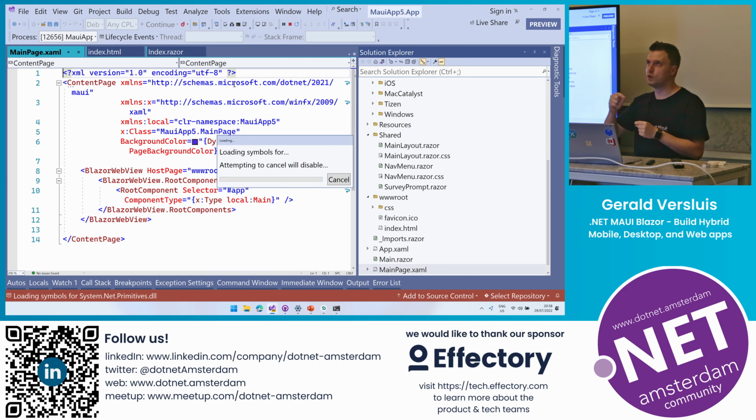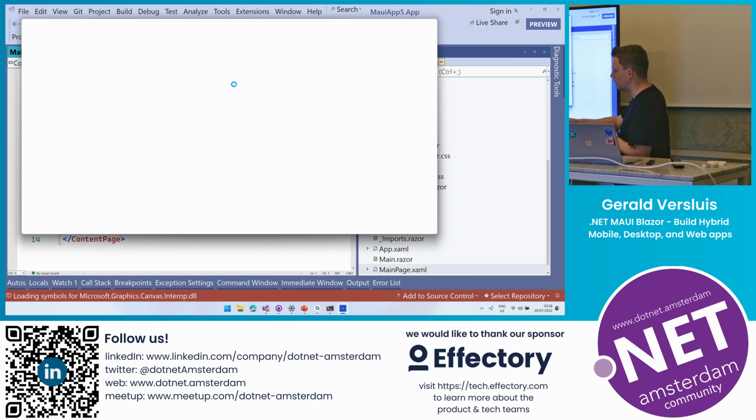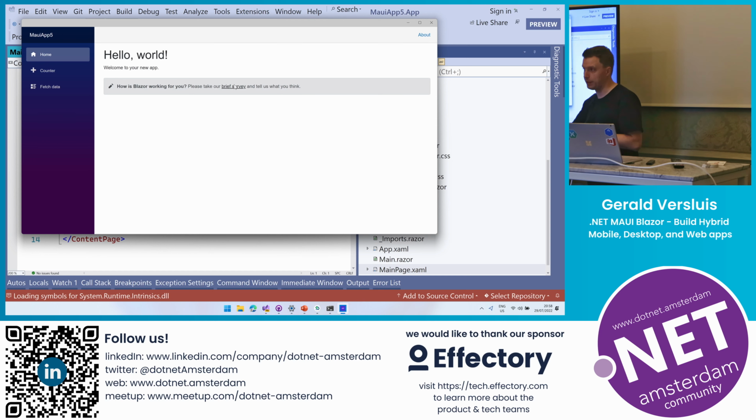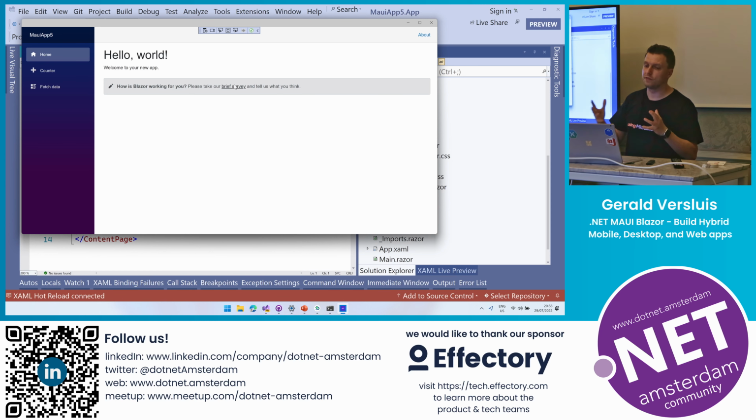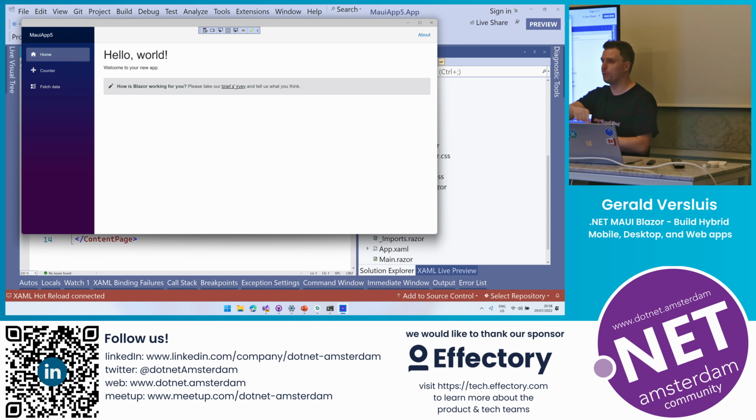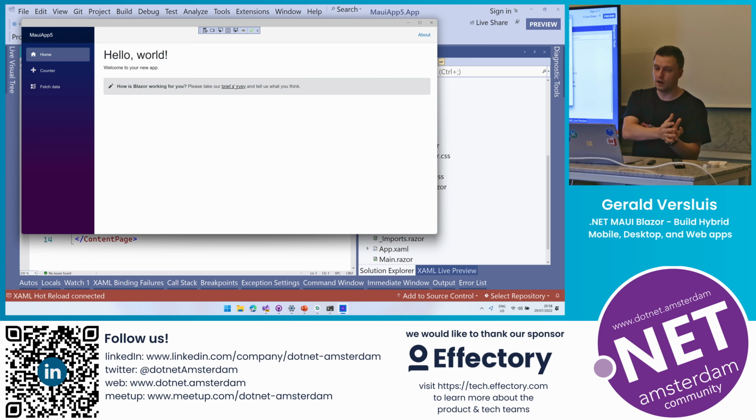But the really cool thing here is that we're not bound to this browser sandbox. So when you're running Blazor as a web application inside of your browser, then luckily we have a browser sandbox, right? You don't want to click a wrong button and boom, your drive is formatted. Hopefully we can't do that. That's what the sandbox is for, and of course for a lot of other things. But now, with this Blazor application inside of a .NET MAUI application, you can format your hard drive because we're not bound to that sandbox, right? So you have all the power of a Blazor application, but you're not bound to the sandbox, which would be a real handicap, I think, for this ecosystem if we were to do that,